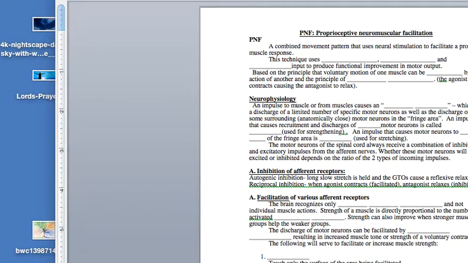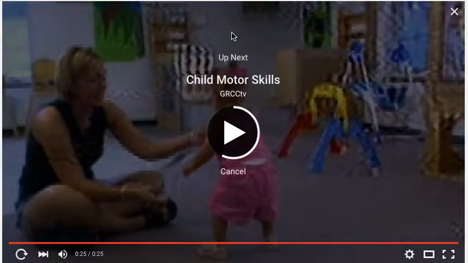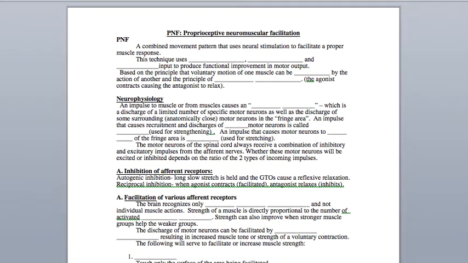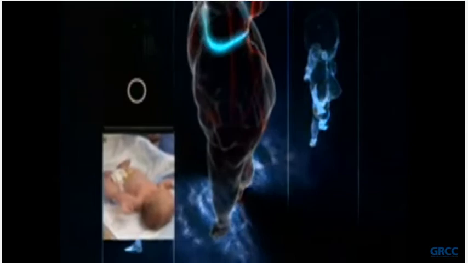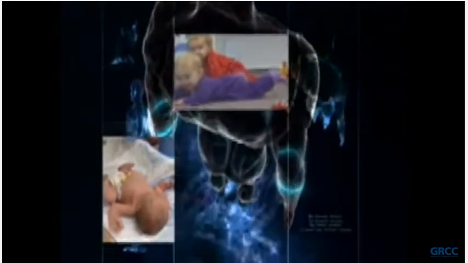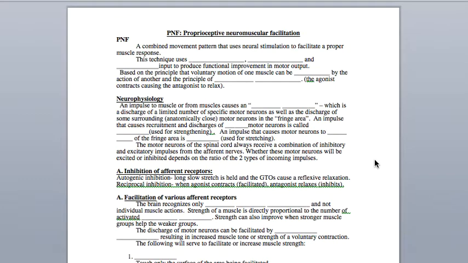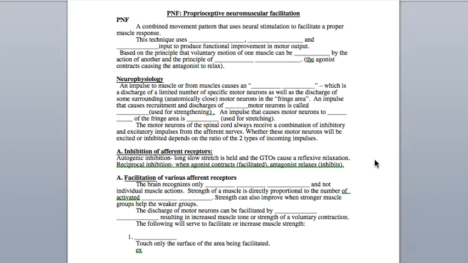Okay, so what I'd like to do now is continue on to the notes. I don't really have a slideshow presentation, but we'll go through the notes here. Let's shut all these off. We'll go through the notes and talk about what is PNF